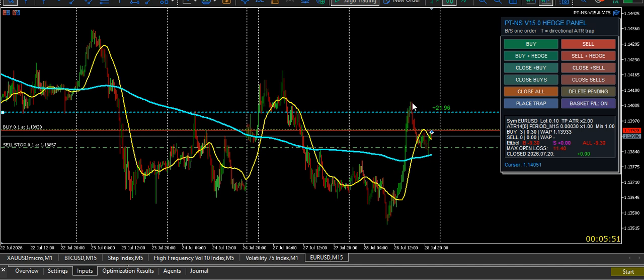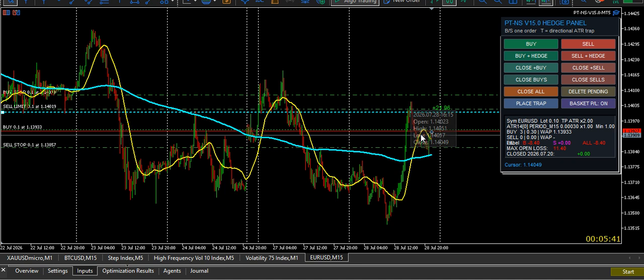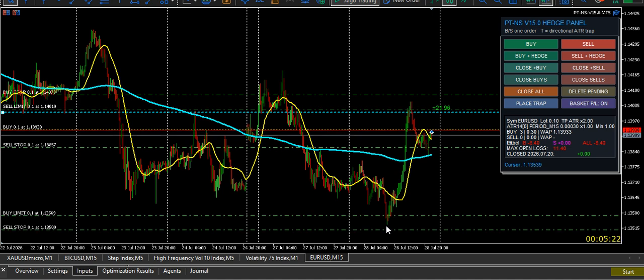Okay, and then I'm going to do a trap there. So I put my cursor right on that high and I press T for trap. And there's my trap. ATR above, ATR below. And I go down there and I say trap. And you can see it does it automatically. It puts the buy stop above and the buy limit above and the sell stop below there. There we go. That was just a bit slow here because I've got too many things running. And that is the whole robot.